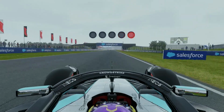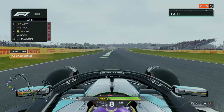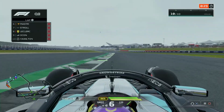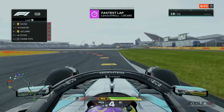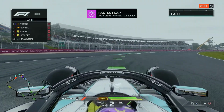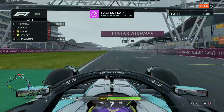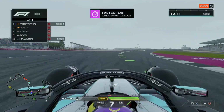As we start qualifying 3, it was raining at the start of Q3, so it is going to be last man over the line on these slick tyres, to see who comes out on top. There you go, Lance Stroll, a 135.6, but it is very slippy out there. Max Verstappen's just gone quickest now. George Russell's gone quickest. Who's behind us? Yeah, Perez and Norris have now gone quickest, and Sainz goes quicker than them,